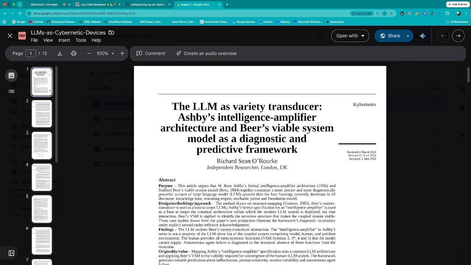So the idea here is that the large language model is a variety transducer in the classic cybernetic sense: Ashby's intelligence-amplifier architecture, and Stafford Beer's viable systems model as a diagnostic and predictive framework. So Ashby's intelligence amplifier is this idea where you can use some technology. It could be a large language model. It could be a prosthetic device. It could be a computer to augment human intelligence, or in the parlance of embodied cognition,